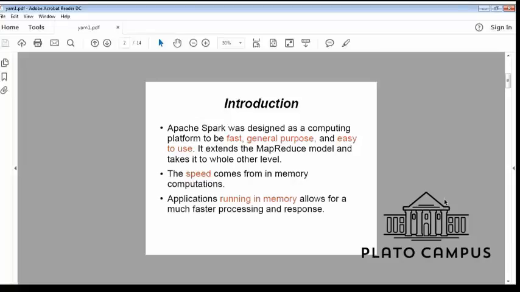So Spark is designed to be a platform that is very fast, general purpose, and easy to use. In general, it is an extended MapReduce processing framework. MapReduce is just a way to process the huge amount of data that we call big data, and to store that data in HDFS for further processing. MapReduce decreases the complexity by dividing it into phases: map, sort, shuffling, and then it processes the data.